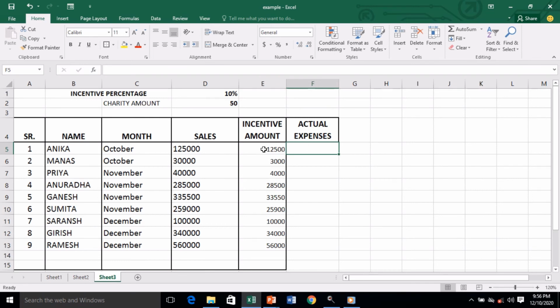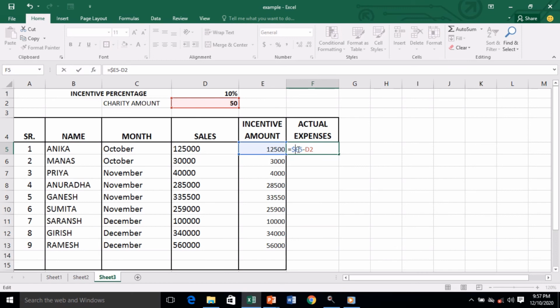So in that case, we will first use the equal to sign here. After the equal to sign, I'll click on this cell, and E5 has appeared over here. After E5 we will use the minus sign, and I'll click again on this, that is D2. So it has appeared here. Now because it is a mixed reference, it is a mixture of absolute and relative both. So in this case, I'll be using a dollar sign before E here, so that the E column will not change.